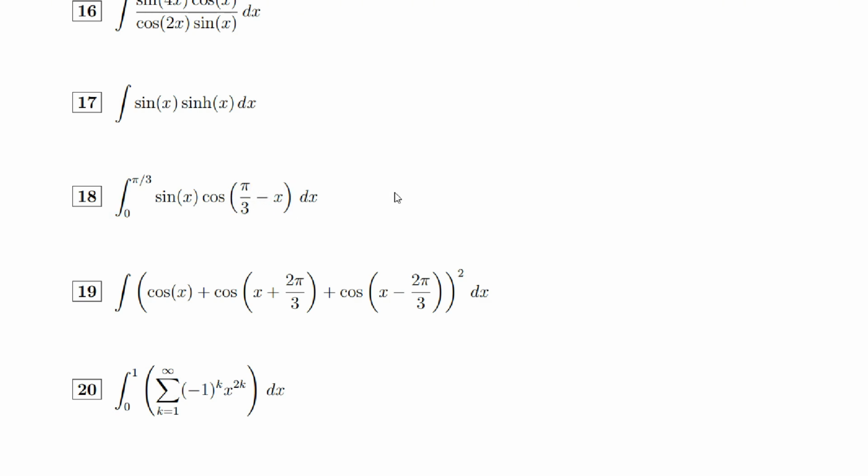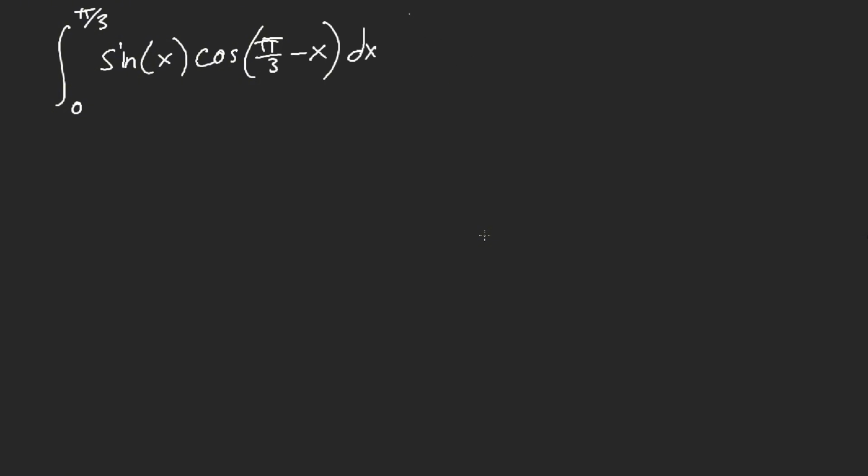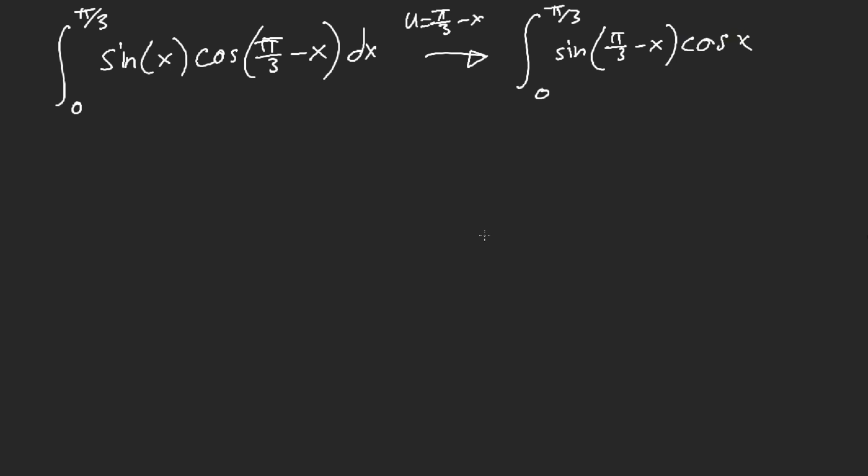Let's use King's rule, right? And that's what I did. From 0 to pi over 3, I had sine of x and cosine of pi over 3 minus x. By King's rule, let u equal pi over 3 minus x. This gives me the integral from 0 to pi over 3 of sine of pi over 3 minus x times cosine of x,